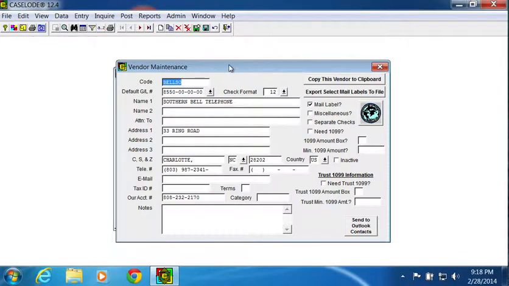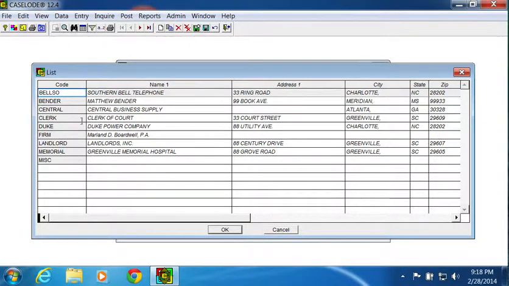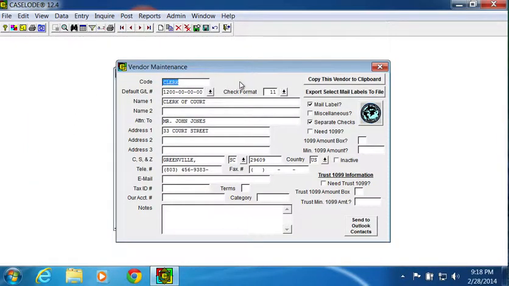And all recurring vendors should be set up. If you'll notice, you have the list box like you do in all of our screens, and we'll just take clerk of court as an example. The vendor code is strictly an abbreviation of the vendor so that you can easily remember it. You specify a default general ledger account that you want to expense for that vendor, a check format, the name